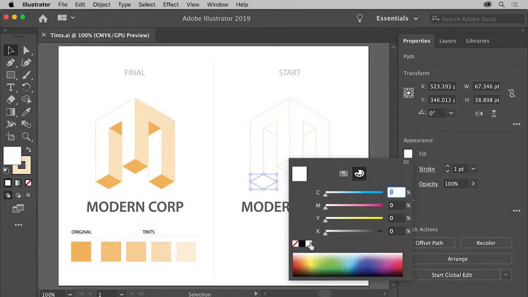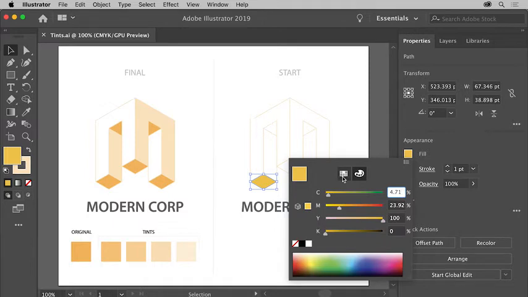Now, if you want to select a color, you can also do so in the color spectrum at the bottom. Click in the color spectrum to select and apply a color. Every time you click, you select a color and you can see how much of each, cyan, magenta, yellow, and black, are used to make the color. Alright, with the color applied, next you'll save it as a swatch so you can reuse it elsewhere.